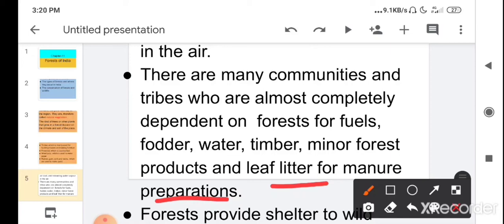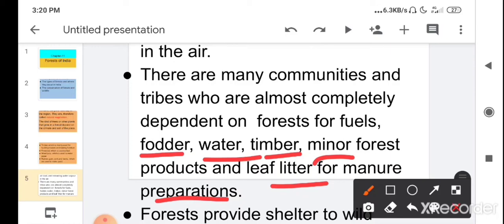So there are many communities and tribes who depend on the forest for products such as fuel, fodder, water, timber, minor forest products, and leaf litter